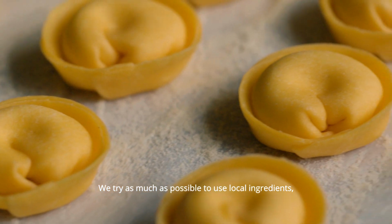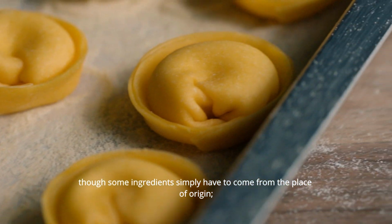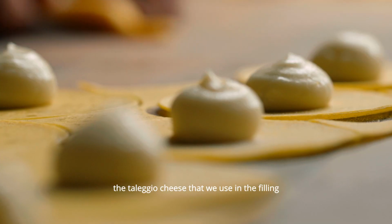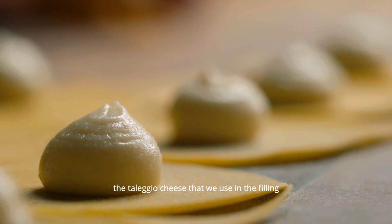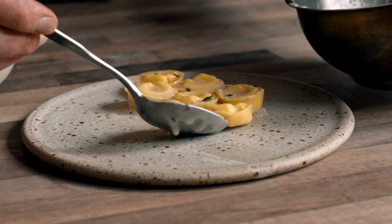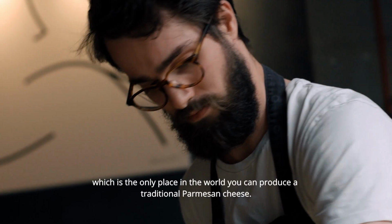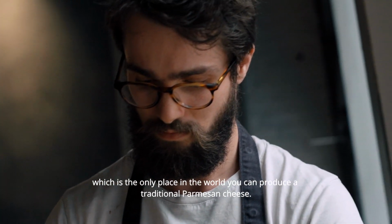We try as much as possible to use local ingredients, although some ingredients simply have to come from the place of origin. The taleggio cheese that we use in the filling is from the north of Italy, where it's a protected product. The Parmesan again is from Emilia-Romagna, which is the only place in the world you can produce a traditional Parmesan